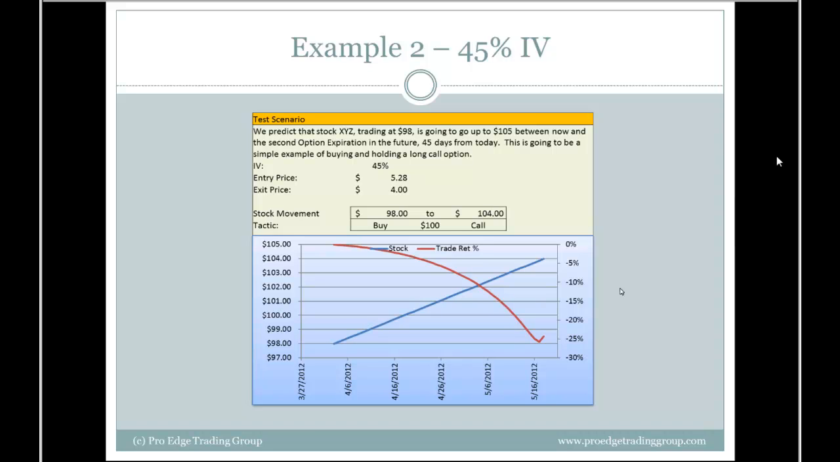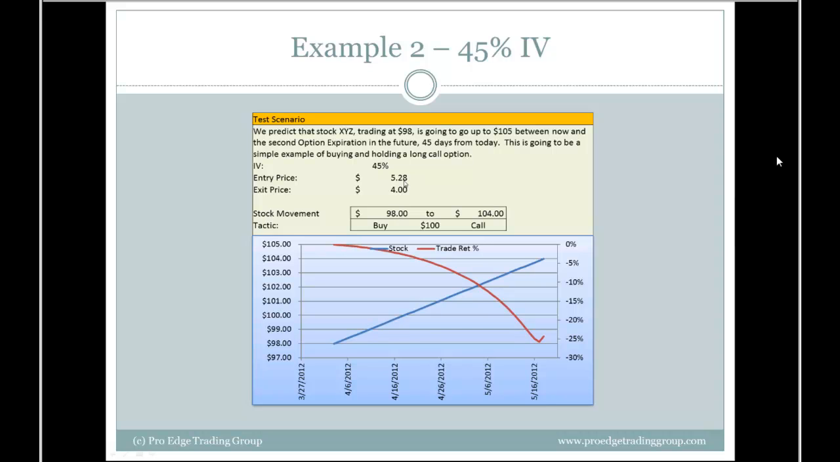option at 45% implied volatility. Had an entry price in this case of $5.28, much more expensive than the last one. Remember, this is the exact same option that we were buying, it's just different implied volatility. So when we got into this, we spent $5.28. The stock price moved in exactly the same way, and the return on the trade, though, didn't move the same